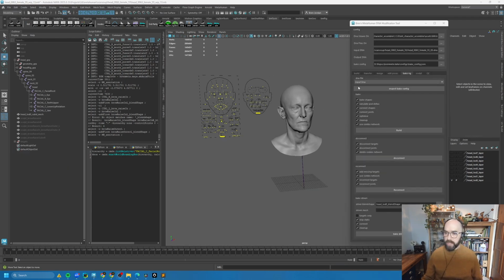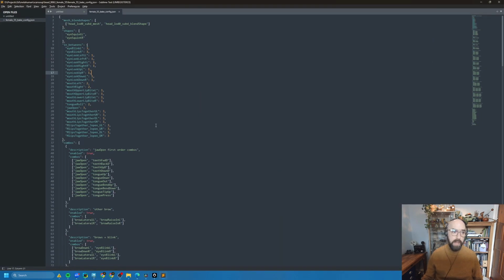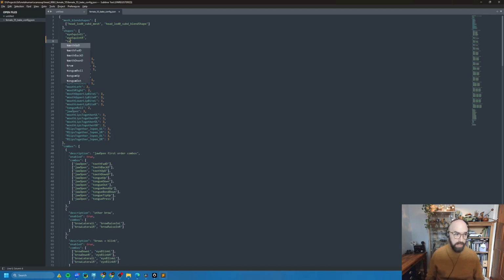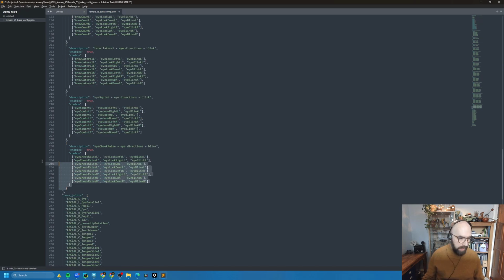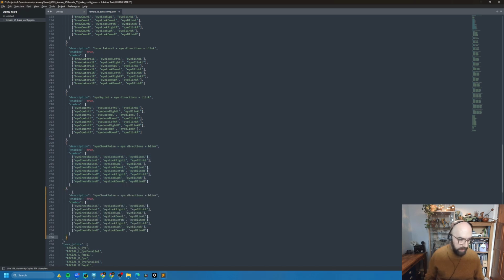So lastly, on the subject of ingesting shapes, say you decide you want some additional combos or additional shapes that aren't already in the bake config that you used. You can just go ahead and add some shapes in. So let's just give this an arbitrary name, test shape 1, test shape 2. Make sure you don't have a trailing comma. And then let's say we just want some extra combos. So I'm just going to copy and paste this one